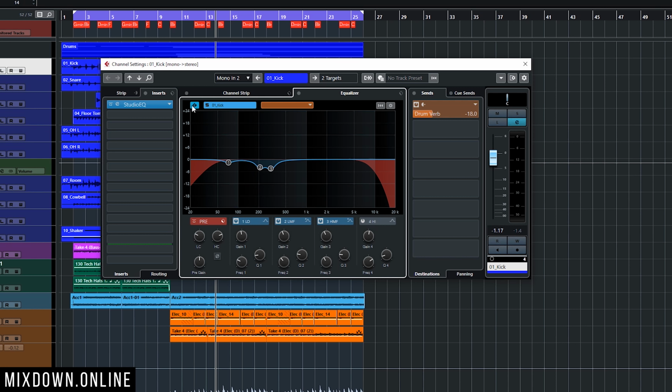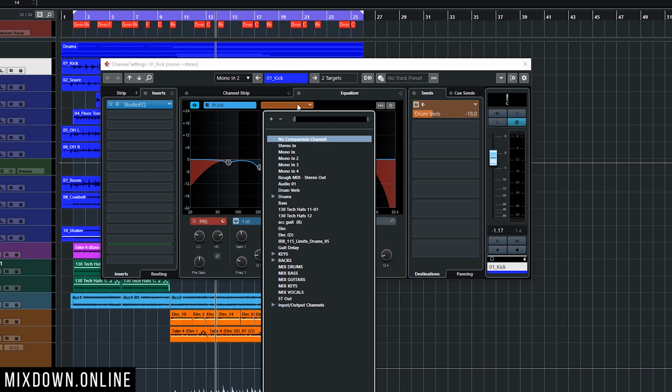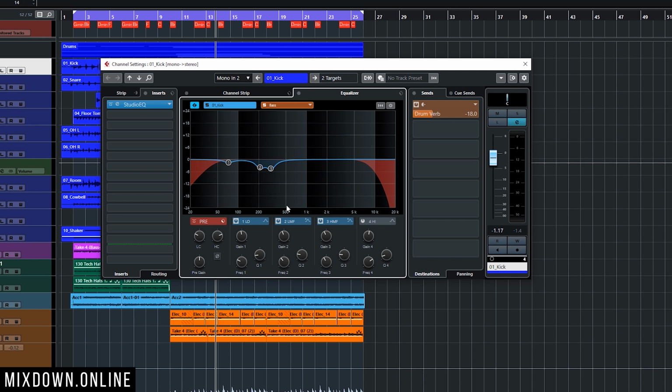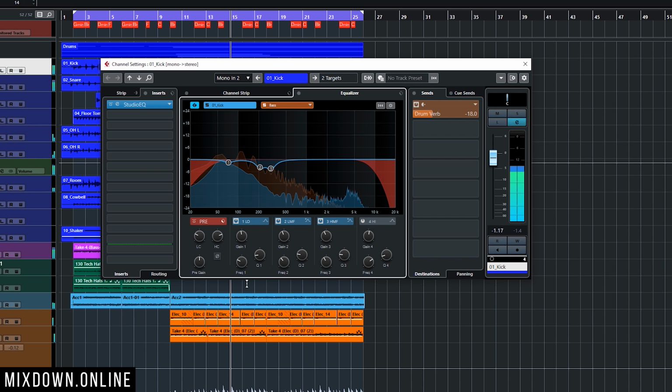So let's activate that feature. And now we have our kick drum that is the reference channel. And right to the kick, we have that orange empty space. And if we click on that space, this is where we're going to select the channel we want to compare the kick drum with, in our case. And I'm going to select the bass. So if I click on play, what I'm seeing here is the kick drum EQ curve in blue.